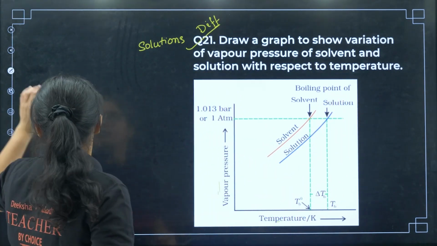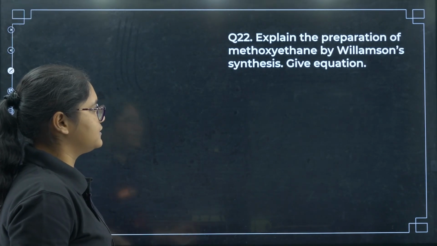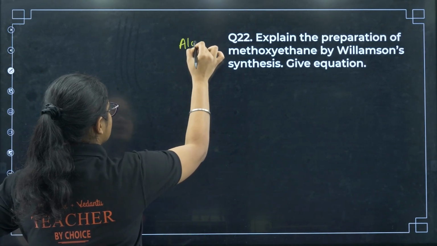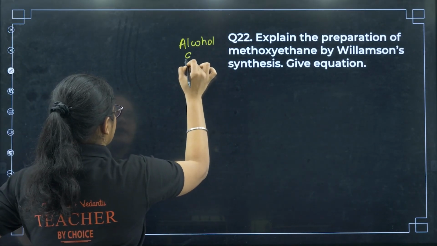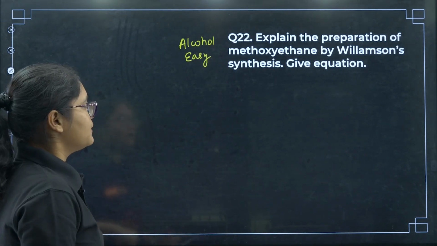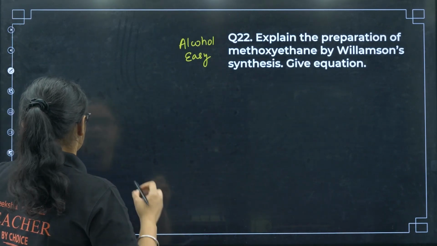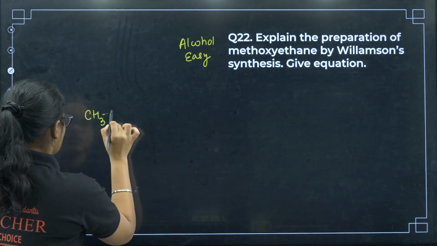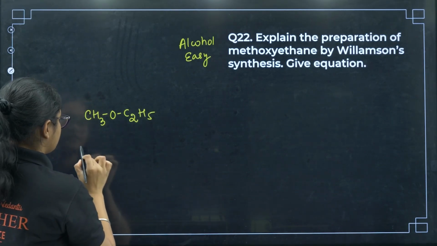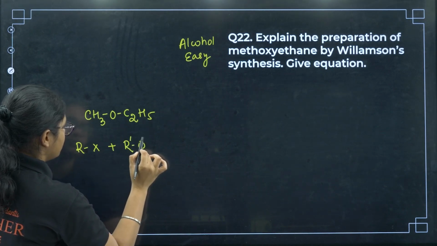Okay, next, explain the preparation of methoxymethane by Williamson ether synthesis. Give equation. So this question is from your alcohols chapter, right? And I can mark this one as an easy question because it is a direct name reaction question. But you have to explain with respect to this particular example. Methoxymethane means what? CH3O C2H5. Now we know that any ether is formed of one RX and one R-ONa,